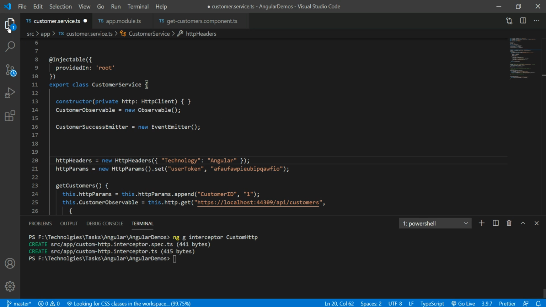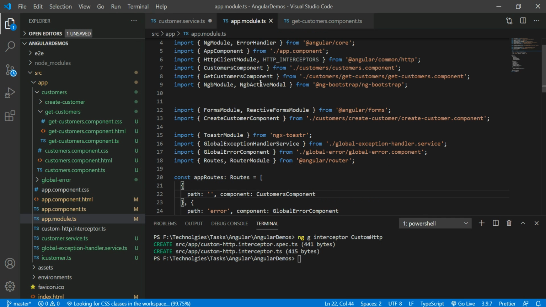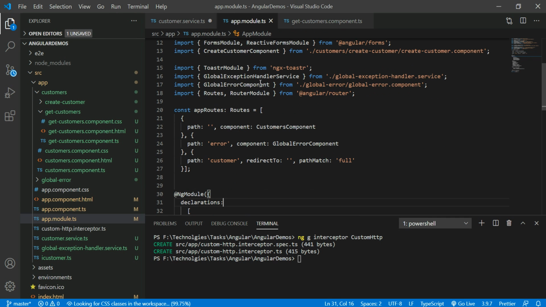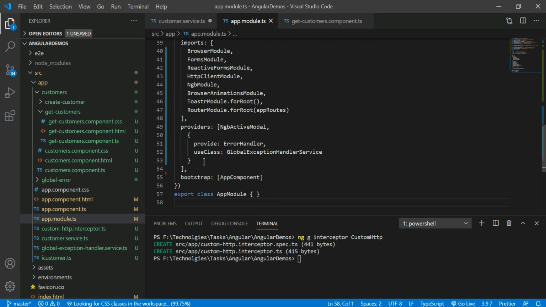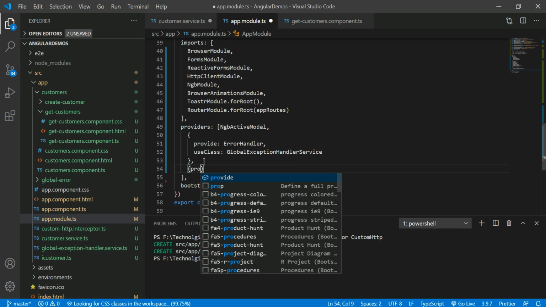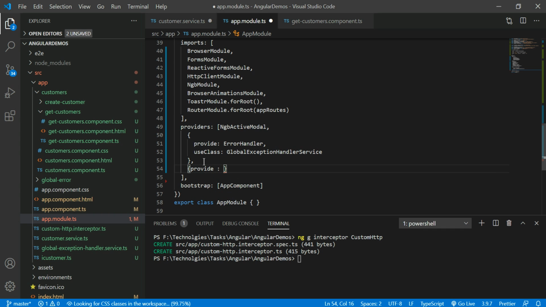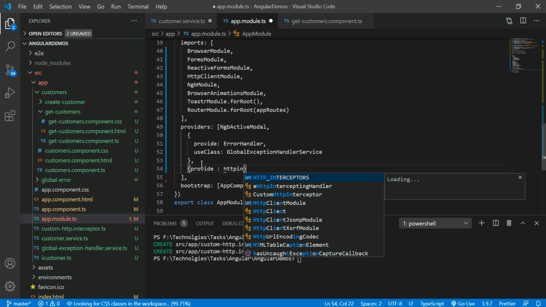Whatever interceptors you add, you should register here, like how we did the error handler. The same way, because once our application is loaded, it needs to be identified that this is an interceptor.